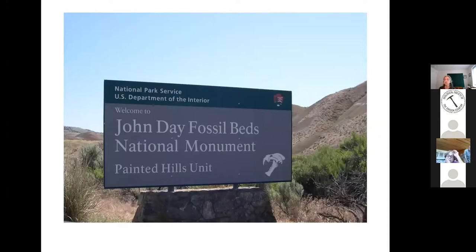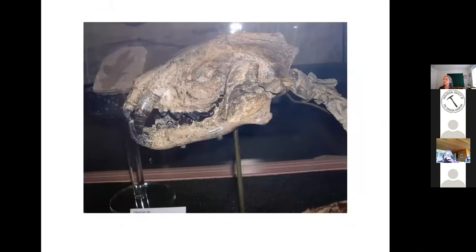But just as importantly, the eastern portion of the Blue Mountain region has the John Day fossil beds, which is a world-class collection of fossils. There's almost no other place in North America that has such a complete record of mammals from this time. Our field trip the year before was to the John Day fossil beds and the area around there, the Clarno Formation. Just an incredible collection of fossils.